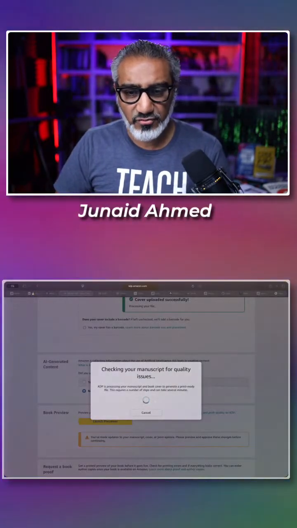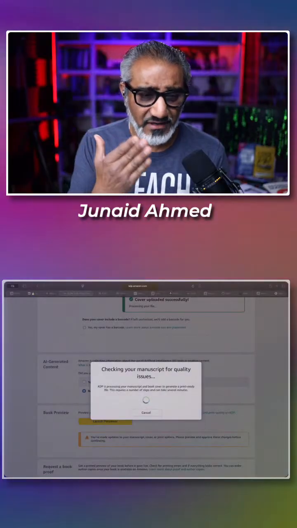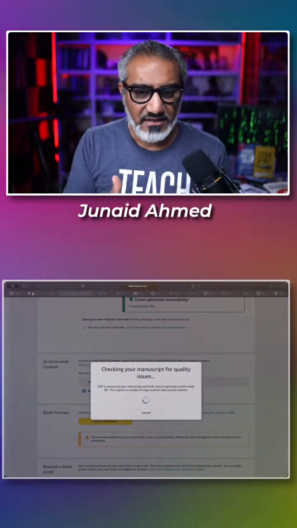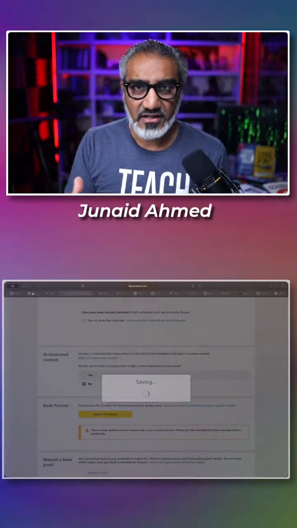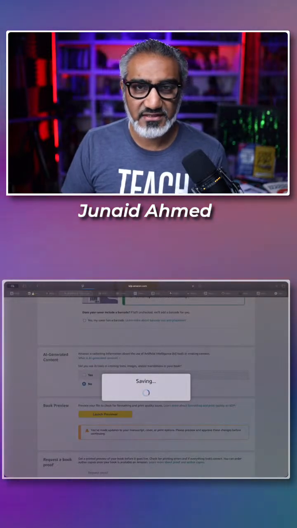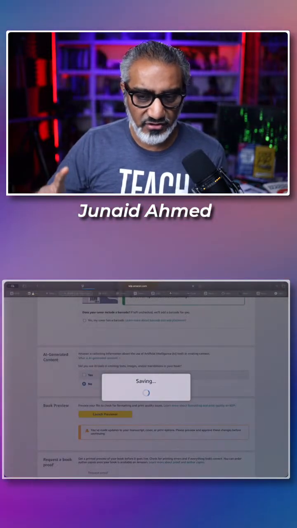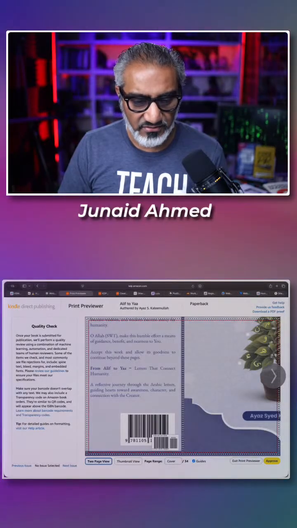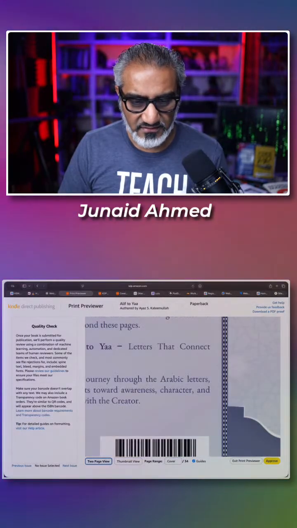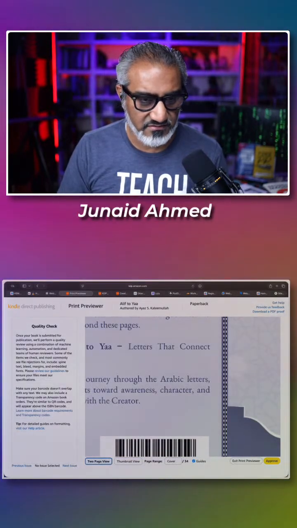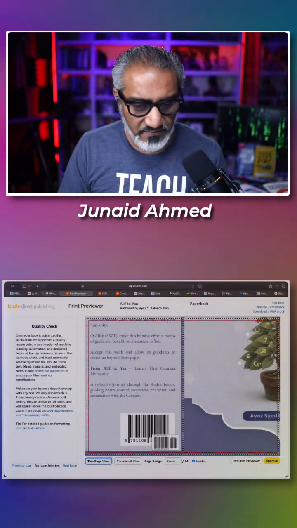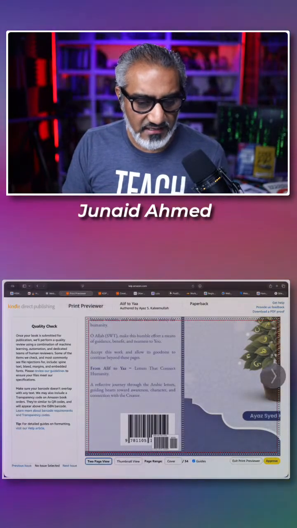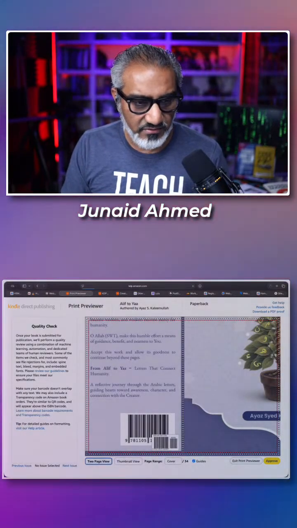Other platforms won't. For example, on this Amazon, I gave it the manuscript file and it said, hey, this is a 7x10 thing accounting for the crop. But when I fed the same, oh, look at that. So something's not right.